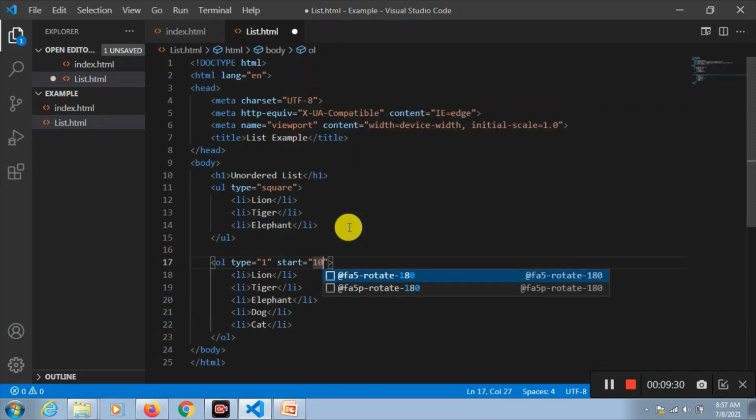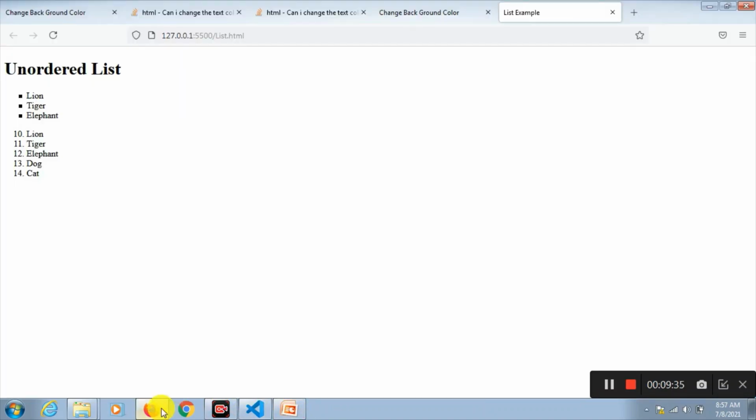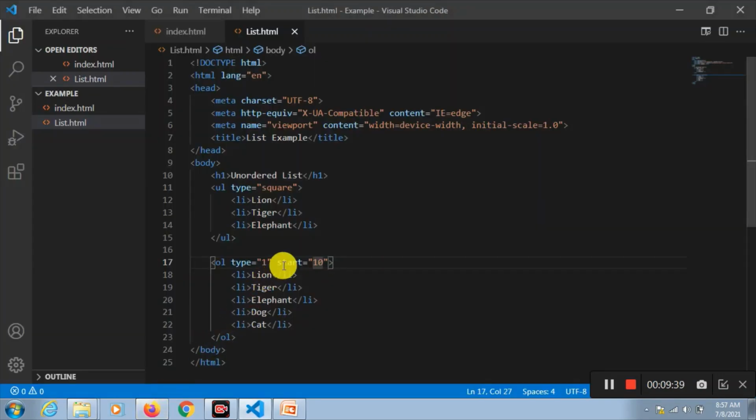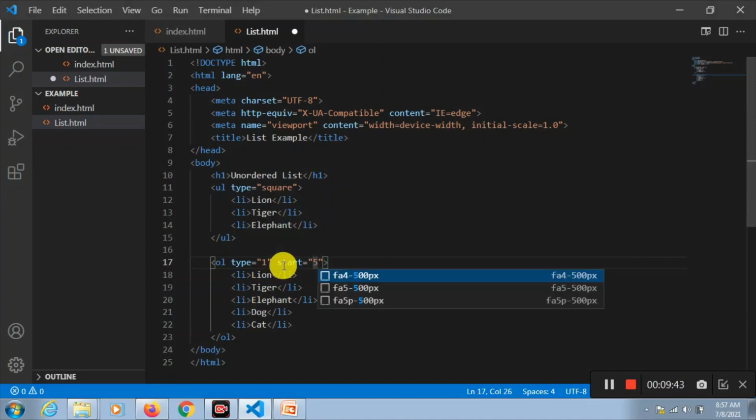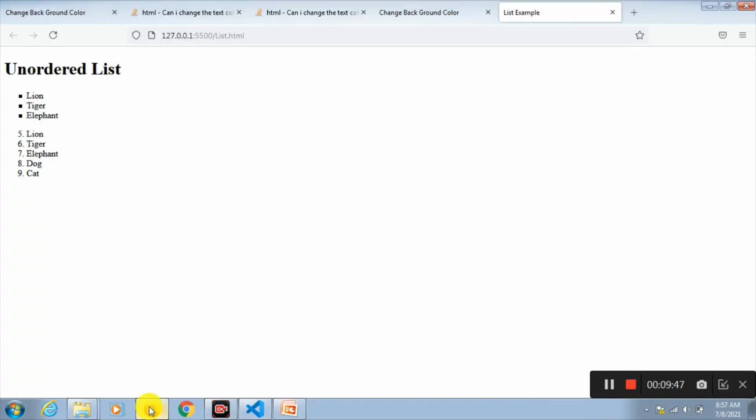In this case, it will come 10, 11, 12, 13, 14, 15. There you are. If you give 5, it will start from 5. Default is 1. You don't have to specify start at 1 because it will always start from 1. I have given start at 5, 5, 6, 7, 8, 9. It has come.